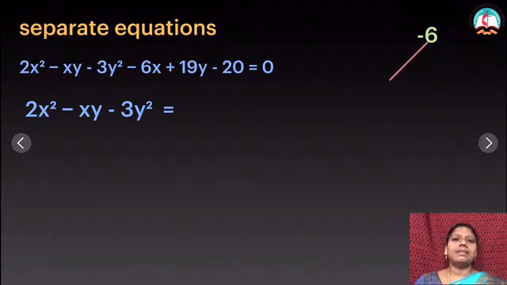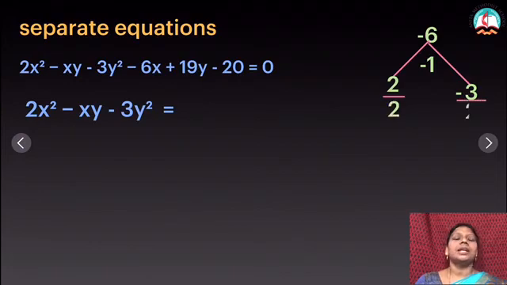So what is my middle value? Minus 1. Therefore 2 3s are 6. But I need to get minus 6, as well as if I am adding I should get minus 1. So I am giving negative to the bigger number. Okay, so 2 minus 3, because I started with that 2 first number, coefficient of x square is 2, I have to divide these 2 by 2. So this one becomes 1. Here I will get it as minus 3 by 2.